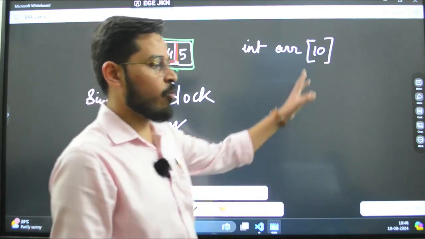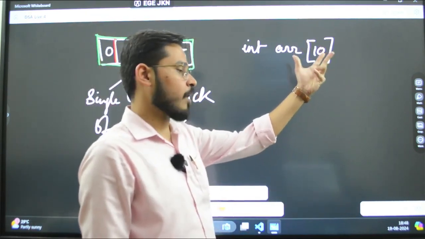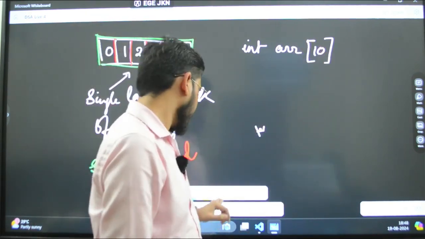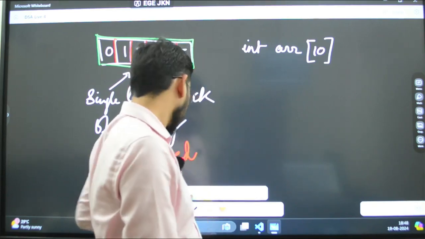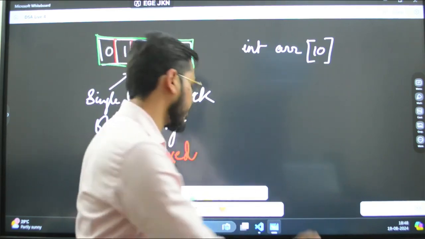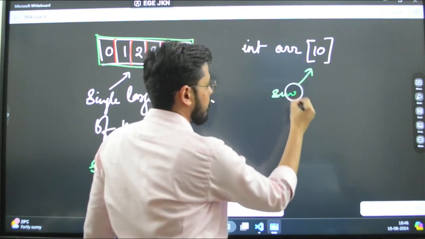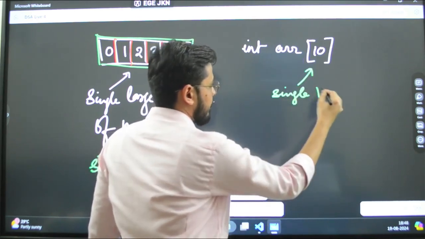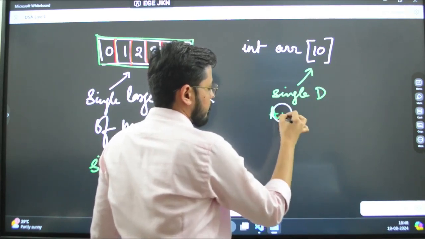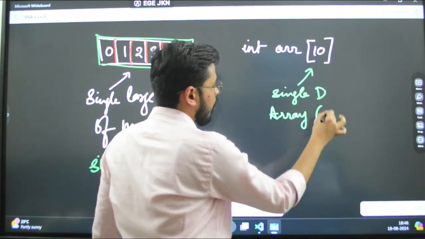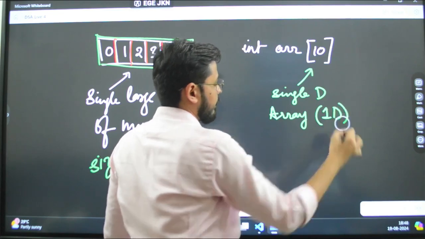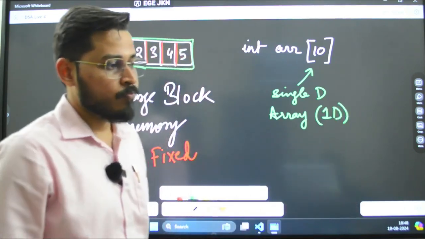If you give only one number, then this makes it a single dimension array, or in short form you can say 1D array. Understood?